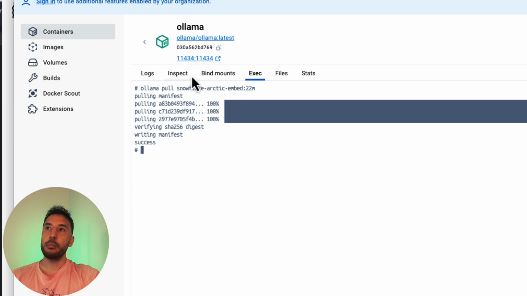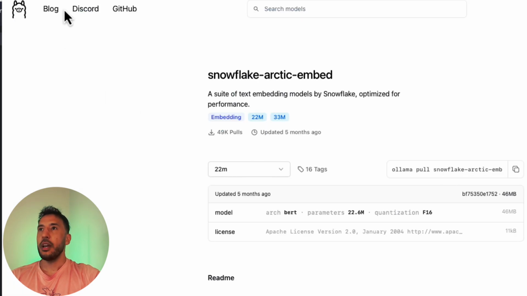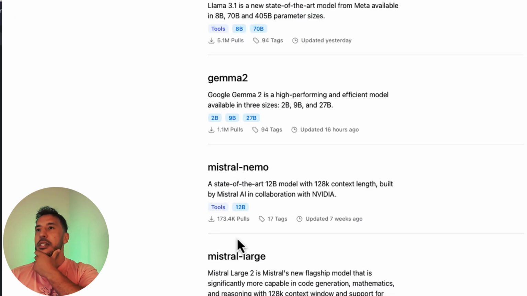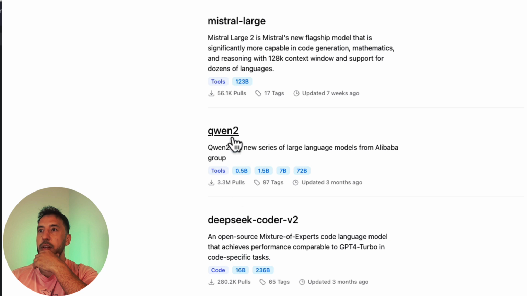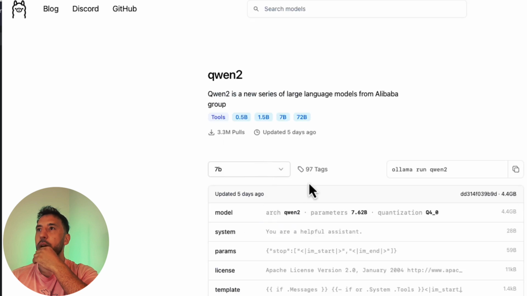You'll be able to basically do the same thing. Grab that code, make sure you're pulling it, and then just say ollama pull and whatever model you want to pull, you can add it here, right? So let's say I want to add another model here. Let's say I want to add a regular model. For example, let me add something very, very small. Let's say I want to add this Qwen 2 by Alibaba.